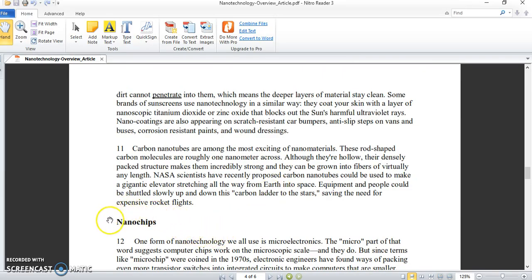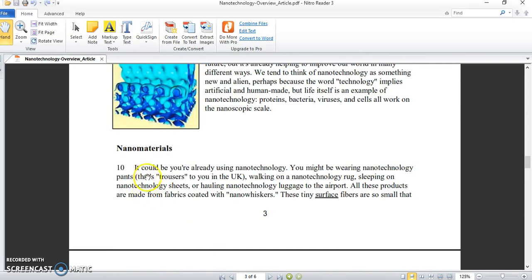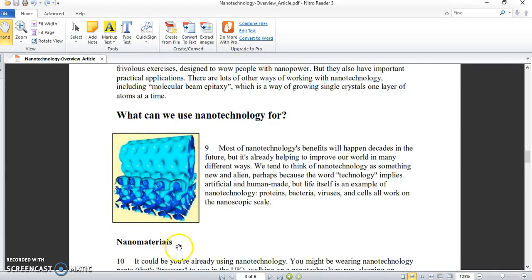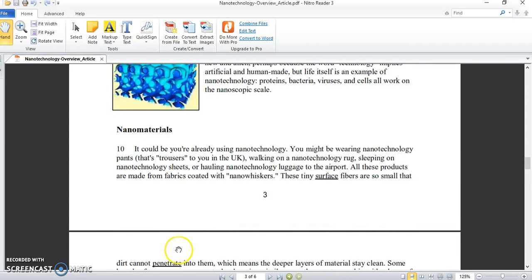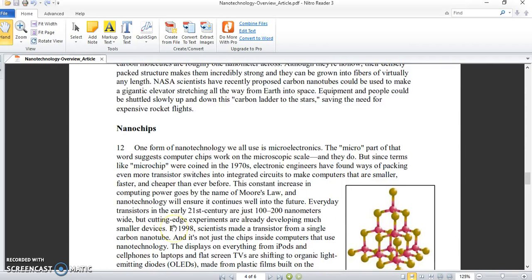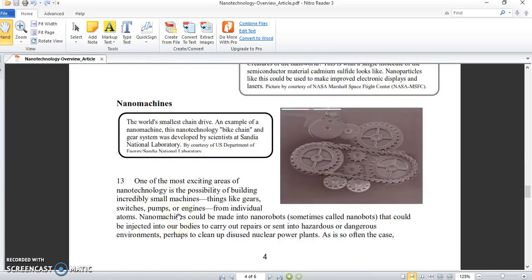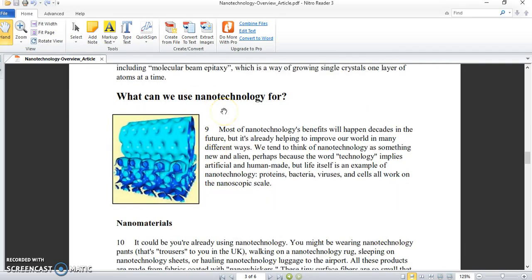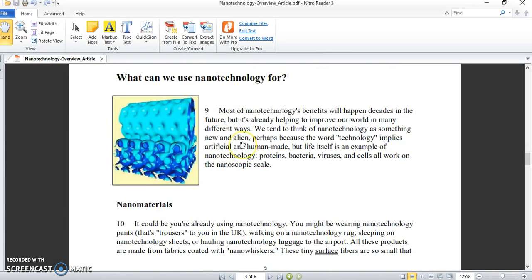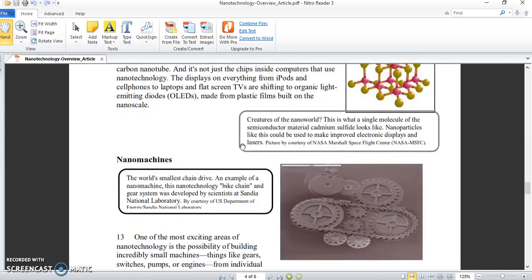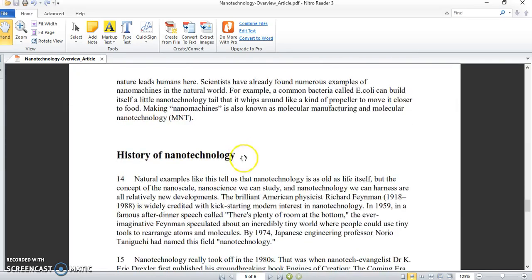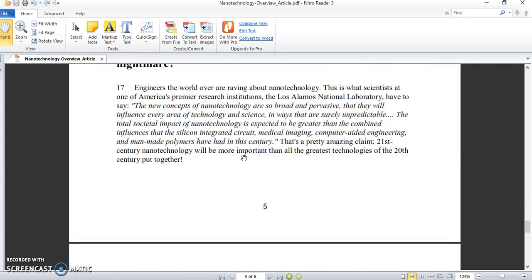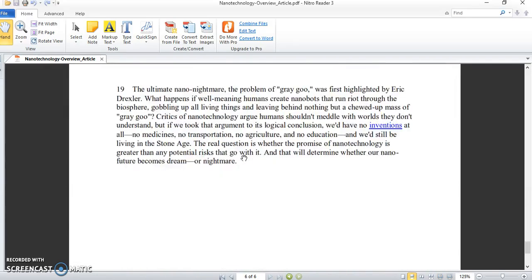And then I say, oops, this heading is smaller in size than this one. It's like this one, so we have a subheading. So under this one, I have nanomaterials, nanochips, nanomachines, and they're all part of the bigger section called, what can we use nanotechnology for? And then again, I look and I see another and another, and I get to the end of the article and say,